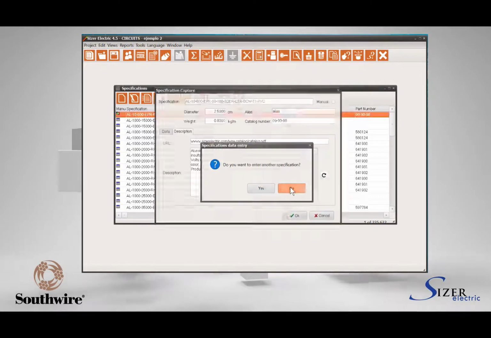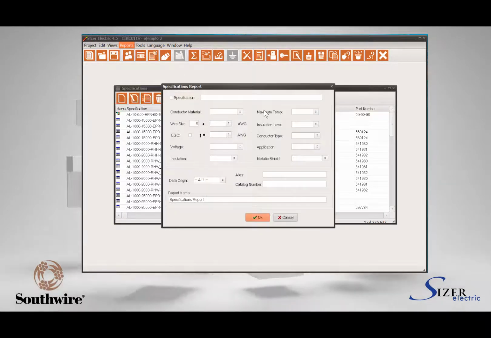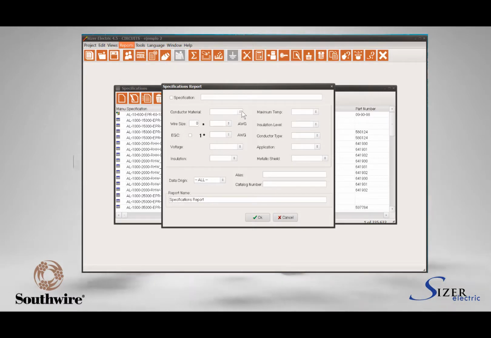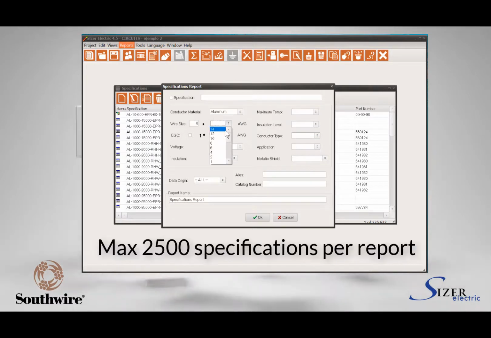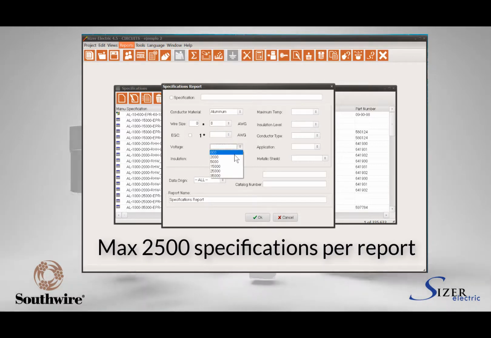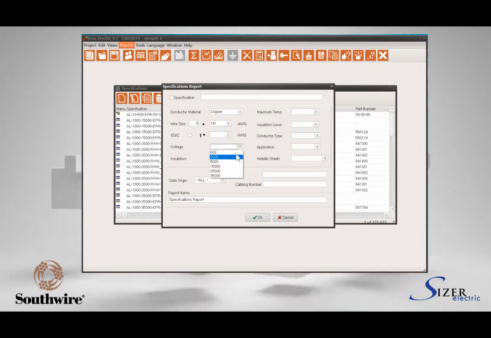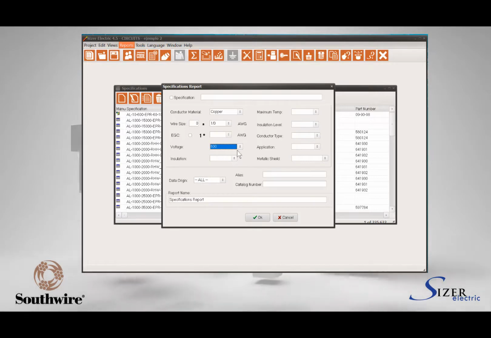To print your specification, select the option Reports in the main menu and then select Specifications. This will show a window to filter the specifications that you want to print. Select the criteria to shorten the specifications to list the maximum of 2,500 specifications per report. For example, copper, wire size 1 aught, voltage 600 volts, or select the checkbox and the type of chain that you want to filter. For example,